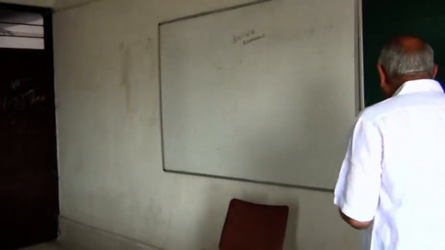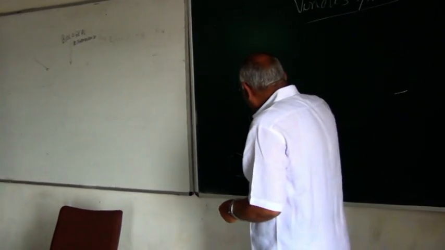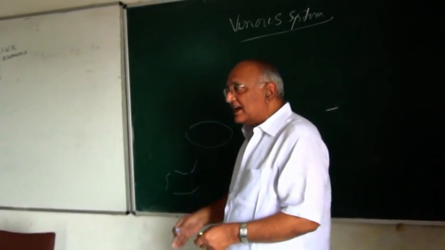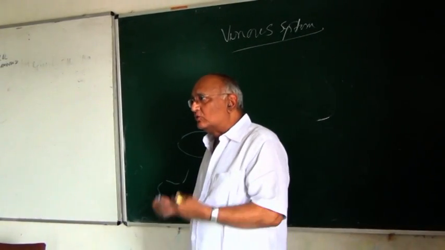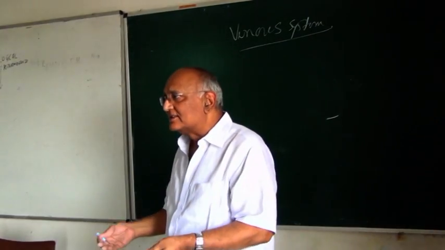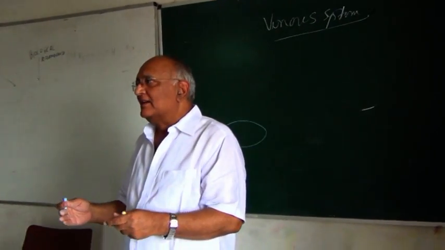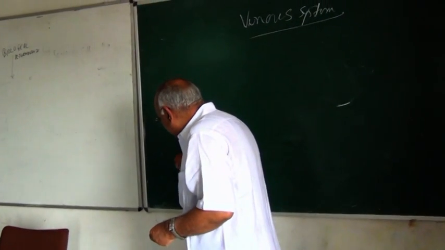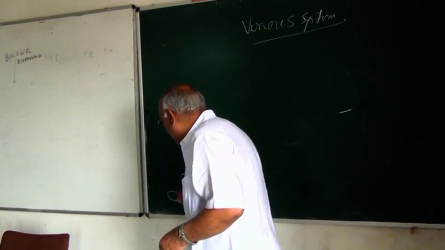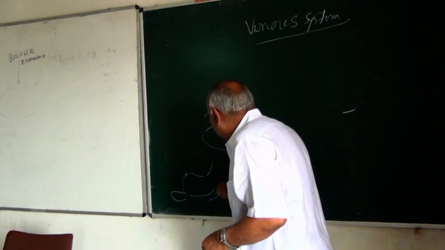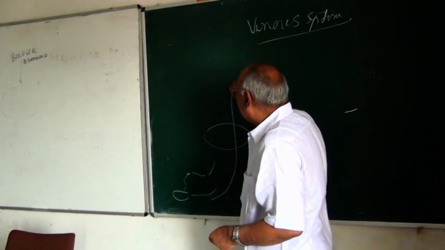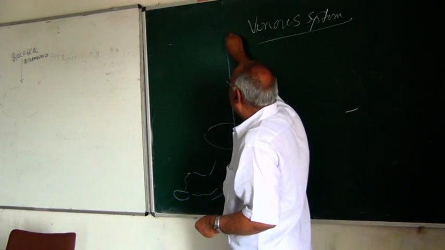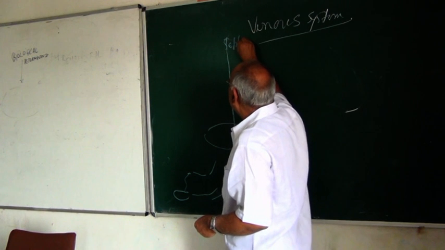So in the inferior extremity, again there are two systems. There is a deep fascia. One system goes superficial to the deep fascia, that is the superficial venous system, and deep to that is the deep venous system. In the superficial venous system, if this is the little toe and this is the great toe, then from the medial malleolus, the vein which arises is called the great saphenous vein. It goes up to the thigh, to the saphenofemoral junction.